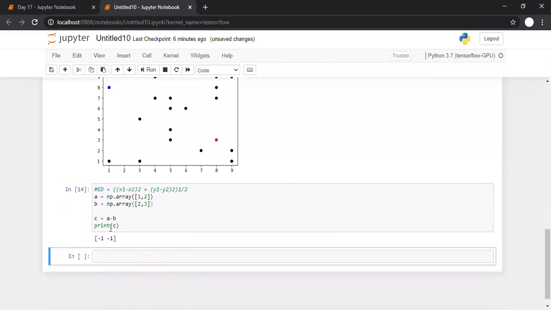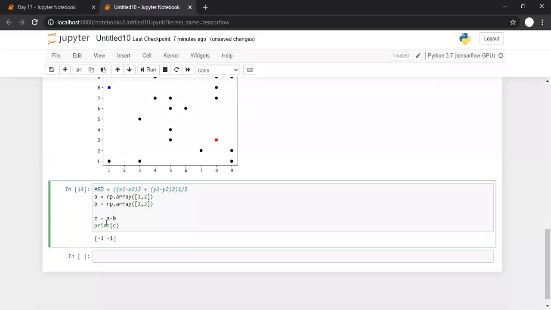See, when you say subtract, corresponding values are subtracted. 1 minus 2 is minus 1, 2 minus 3 is minus 1. So it is like x1 minus x2 and y1 minus y2. But what we want is the square. So can I write something like this: a minus b raised to 2?